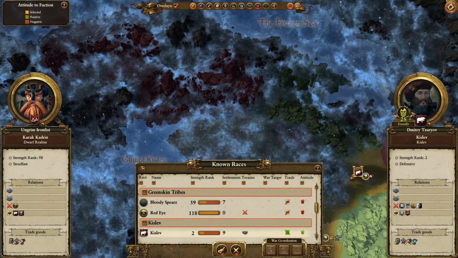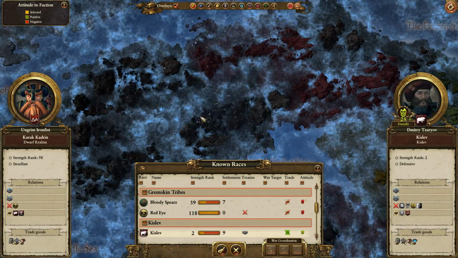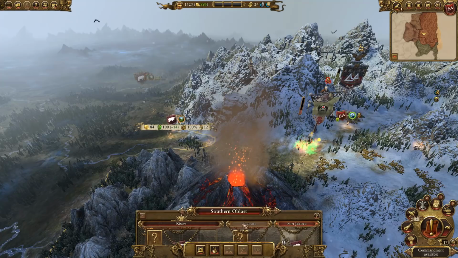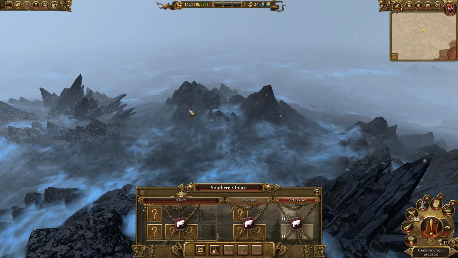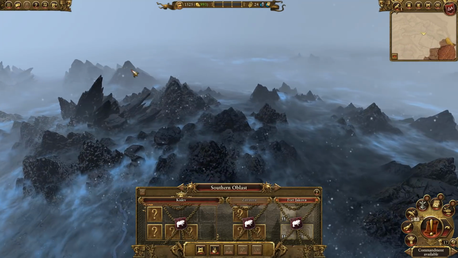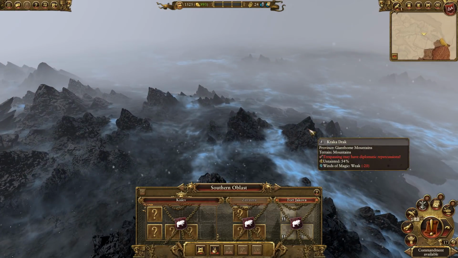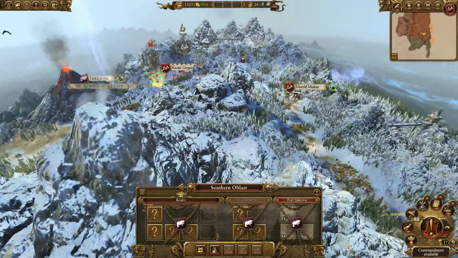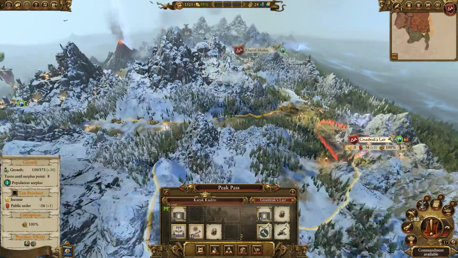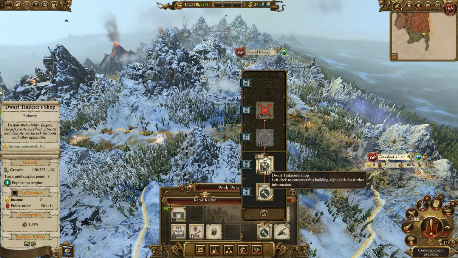Now, obviously, we have to deal with the Norscans. That's going to be quite tricky, because there's a lot of territory over here that is very, very not our style. There's Karak Kadrin over here somewhere in the mountains. They are dwarves. We could get on their good side, maybe confederate with them. So that's an option. Public order here is actually okay for the moment. And we actually, for the first time in a while, have some money to do something. So I think what we're going to do is...